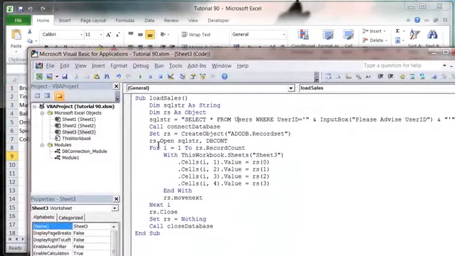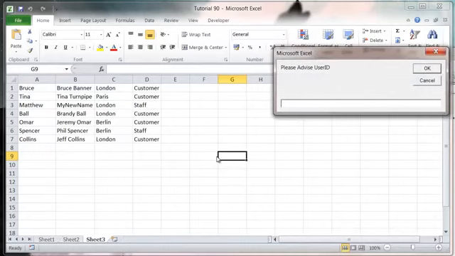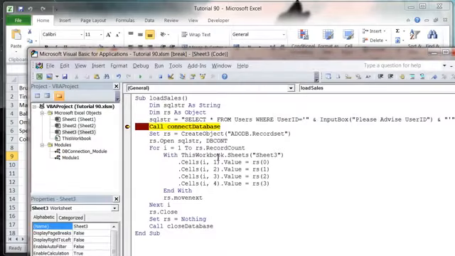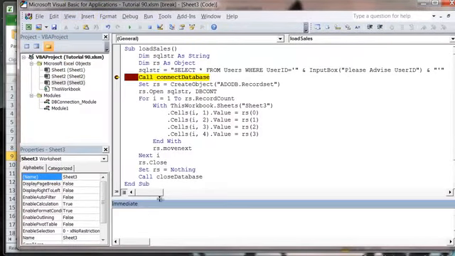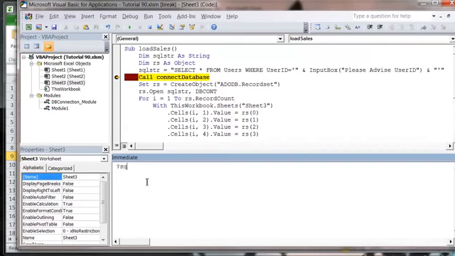and the reason for this is if I stop it just after I create my SQL string, and let's press play and put in what I put in before, so H apostrophe or H equals H. Press OK, and then now let's look at our SQL string. So I'm going to copy it out into my immediate window, so question mark SQL string, and you'll see that